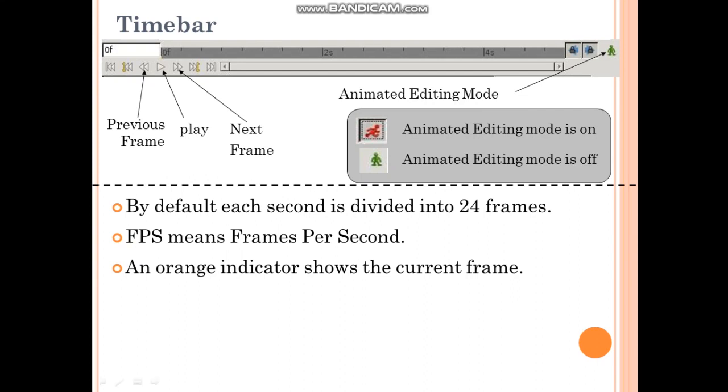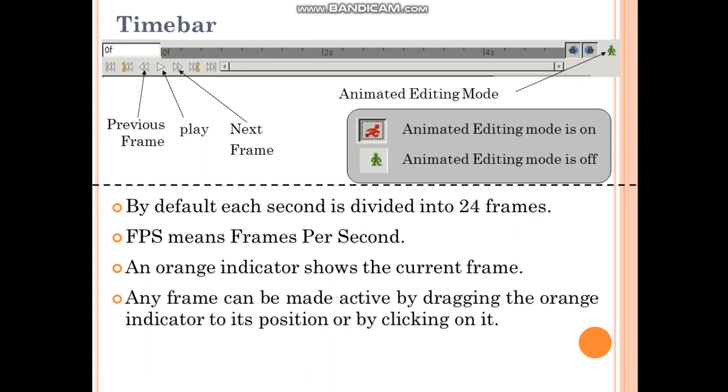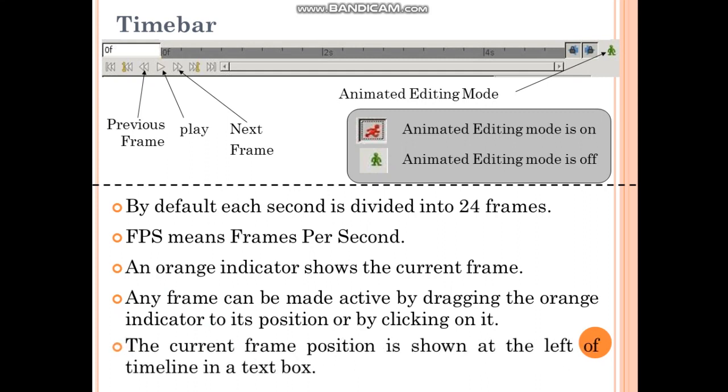So a thin orange colored line is displayed here. Just now it is not visible, but when you start Synfig, you can notice that. Any frame can be made active by dragging the orange indicator to its position or by clicking on it. The current frame position is shown at the left of timeline in a text box.